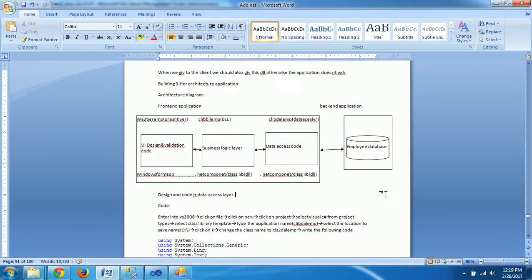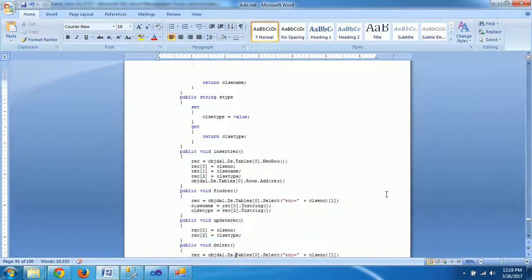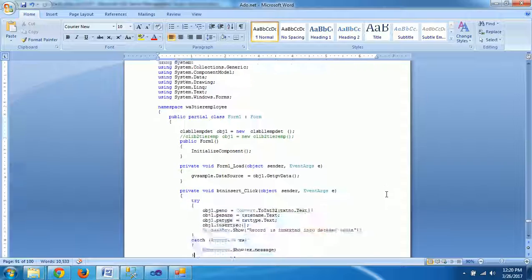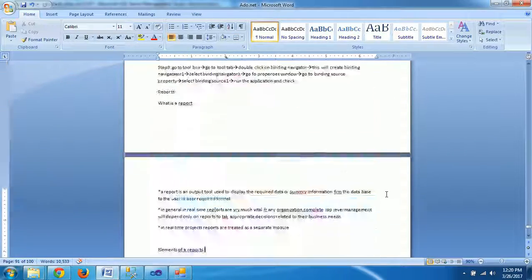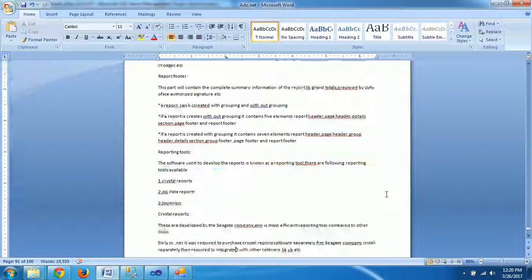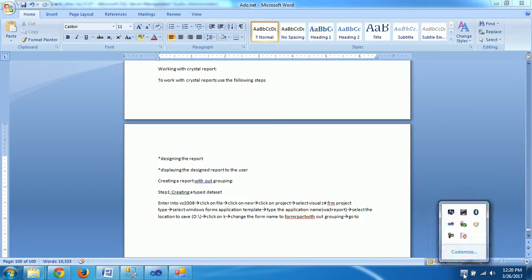That's it. Try this one in different ways. If you do not understand, I will explain. Tomorrow I will take two tier and three tier architecture and show you how it will work. Okay, this is the ADO one. Now a little bit I will explain on